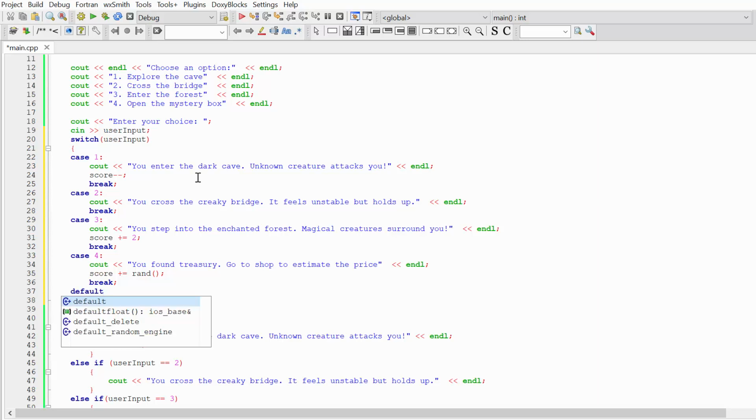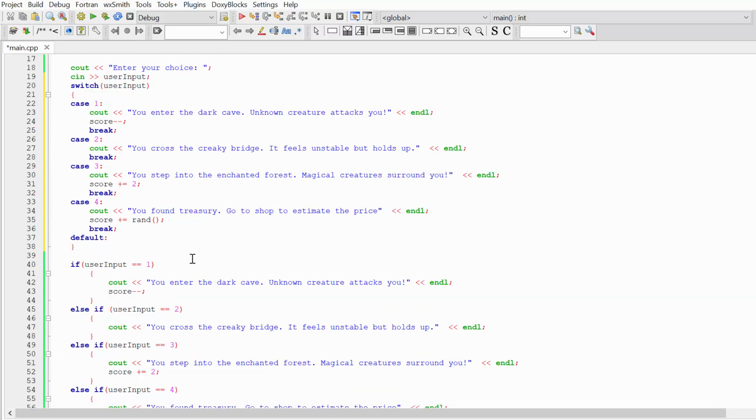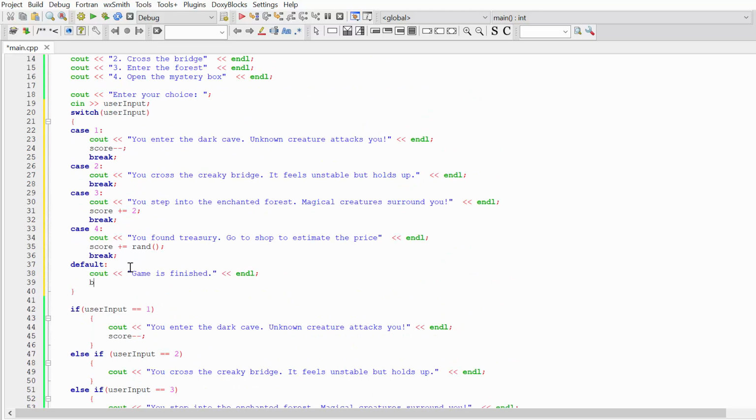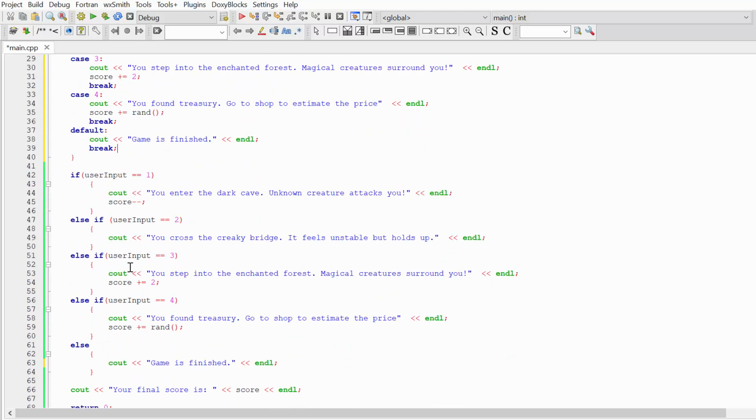So to specify what will happen if the value of user input is different from all cases you listed, use the keyword default, and after the colon, write the code that will be executed in this default case. So for me, it will be the message game is finished. And once again, don't forget the word break.